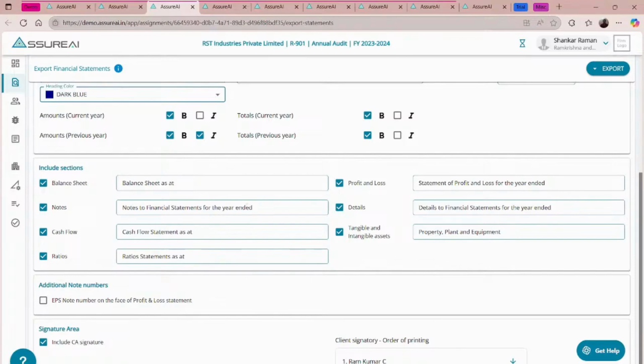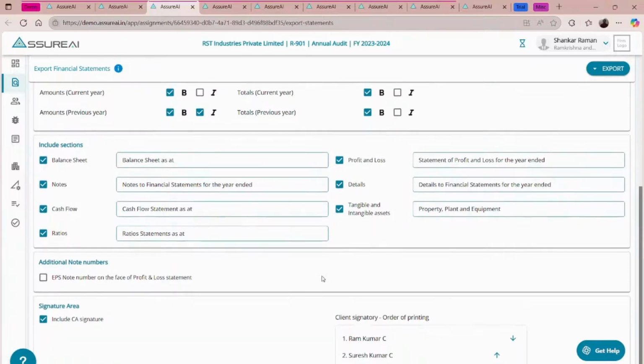And also you can even change the heading. For example, many of our customers are using the tool for generating financial statements for trusts. So in the case of trusts and non-commercial organizations, you need to make it an income and expenditure account instead of a profit and loss statement. So those changes can be handled using this